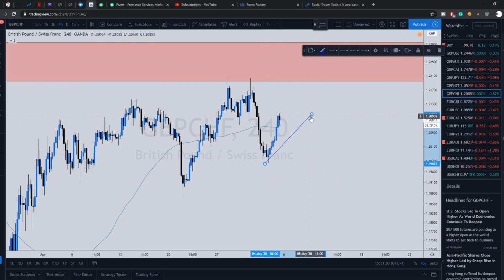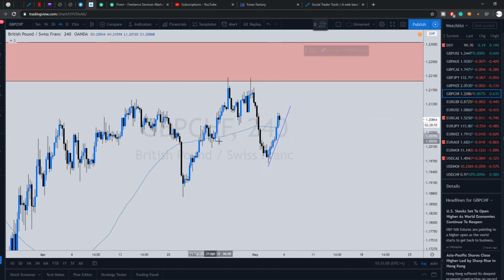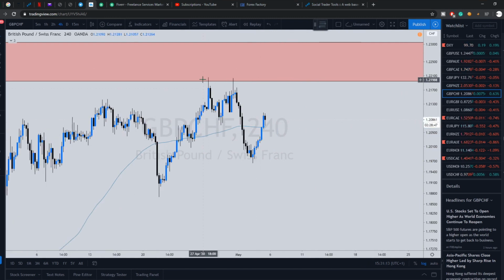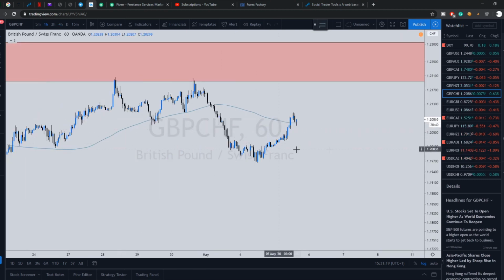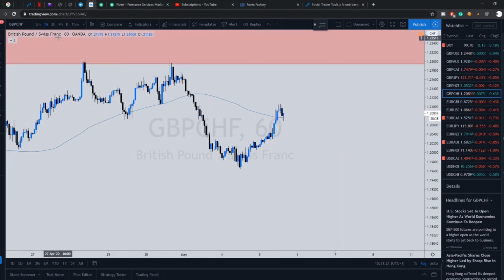So what are we doing? We're looking for buys, not sells. You can see if we just draw something like this, we're clearly bullish, right? I'm not even going to draw these, it's just going to add more noise. So, bullish on GBPCHF. What do we do? I want to take a look first at the 1 hour, then we take a look at the 30-minute time frame,